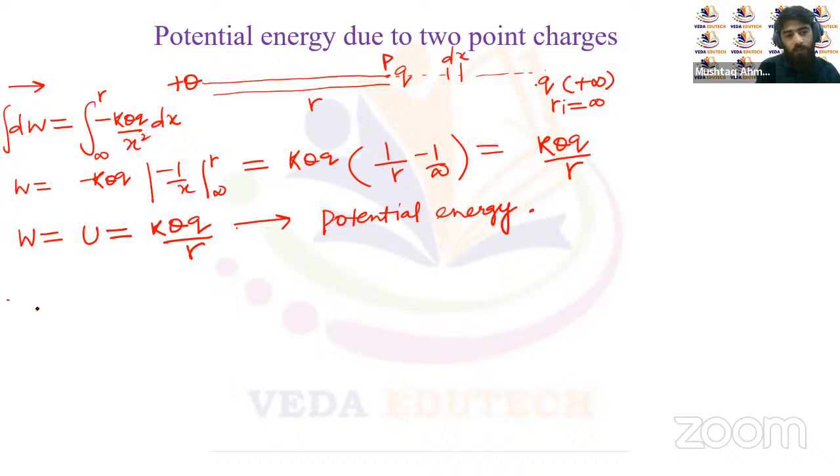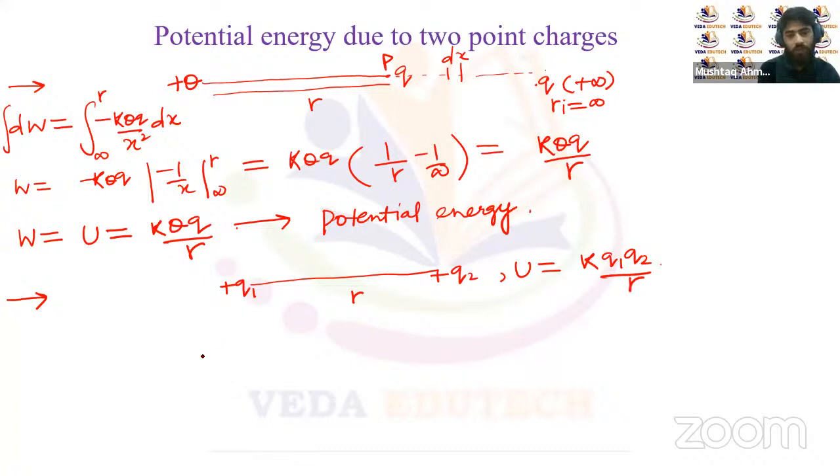Let's suppose that we have 2 positive charges, plus q1 here and plus q2 here, and they're separated by distance r. Then the potential energy of the system will be k q1 q2 upon r, right? Suppose we have 2 negative charges, minus q1 and minus q2 here. Then the potential energy for this system will be minus k q1